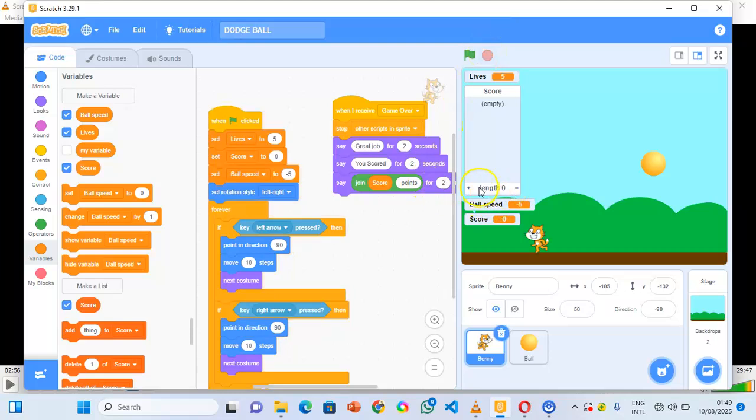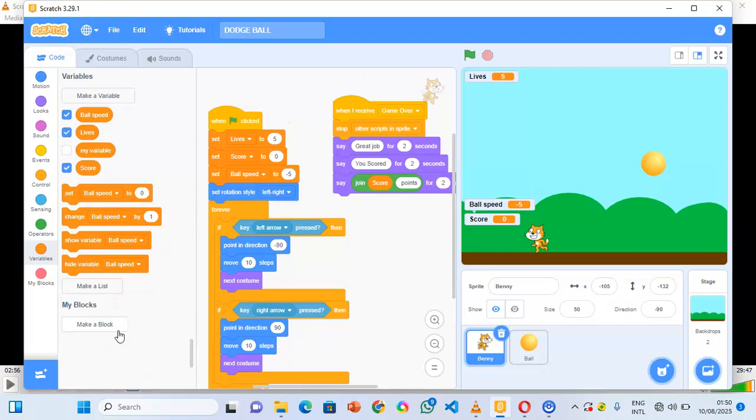Now the initial score we gave was a list score, and we actually do not want a list score. We actually want this. So what we can do is reposition this on the screen so that it looks